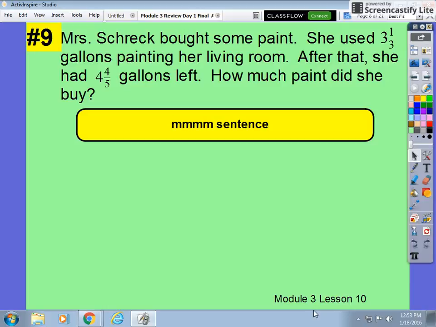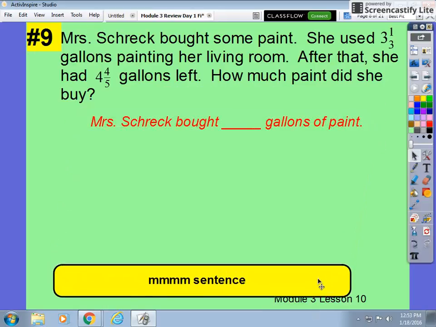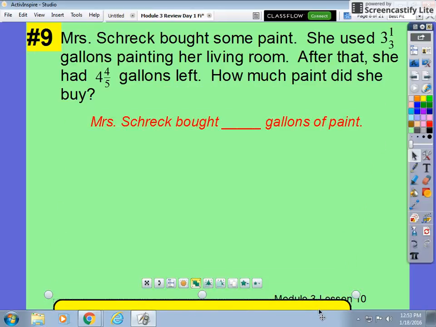So once again, we are going to start off with our sentence. And you can see that I have the sentence that says, Mrs. Schreck bought gallons of paint. So again, I want to think about what I need to do to solve this problem. Remember, our tape diagrams are good ways to organize the information, which will help us to decide what operations we